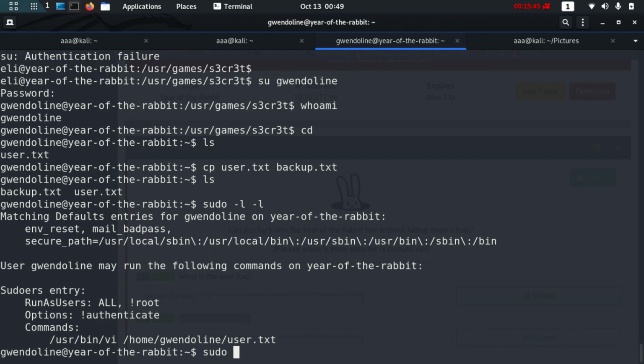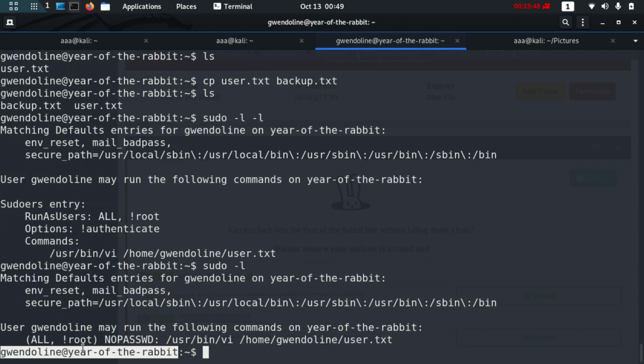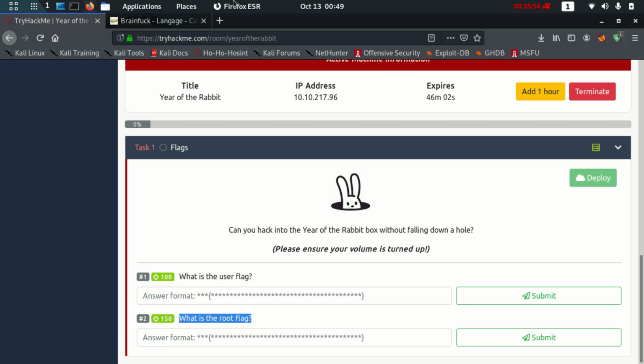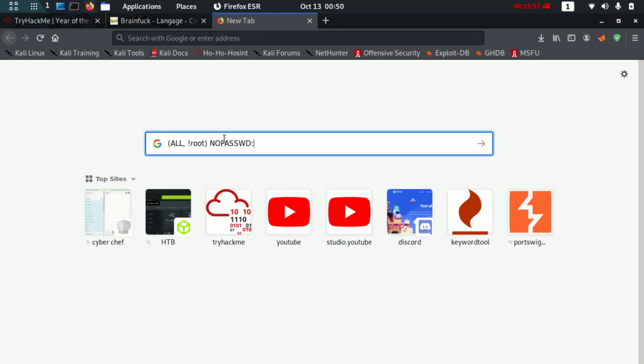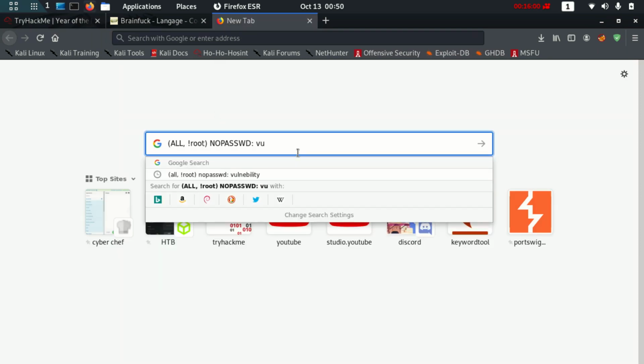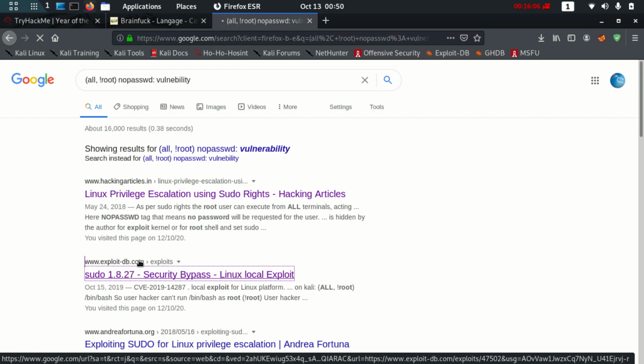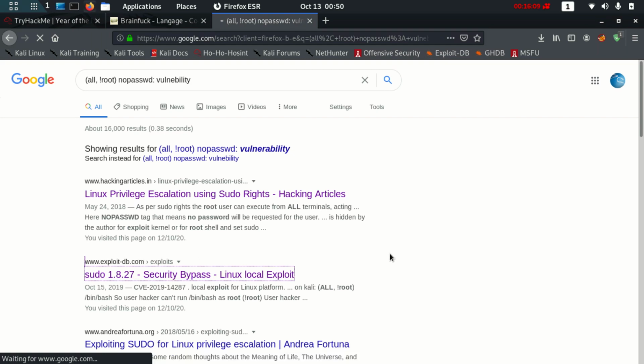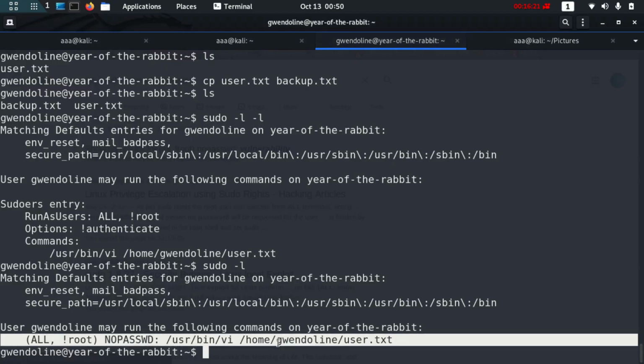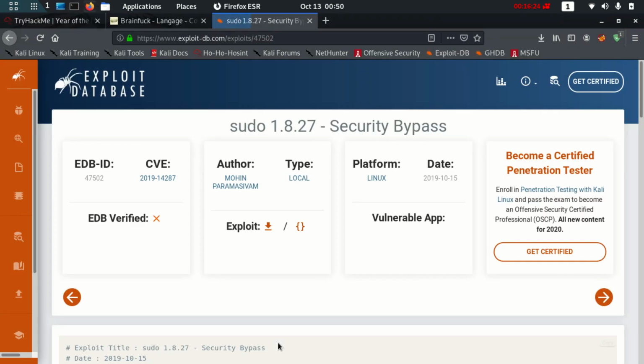Okay, so if we actually look at this, this part is a famous vulnerability whenever you see it. So I'll show you how it is. I'm just going to type this and vulnerability. See, it's even in Exploit DB, such a big vulnerability. So let's see what it has to say. It is a sudo vulnerability where you can run this command even though it's not allowed. You are not allowed to run this, but you can still run this command as root.